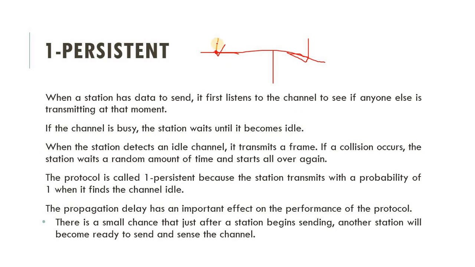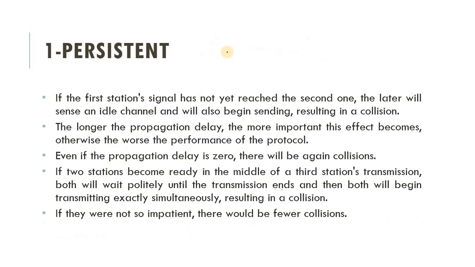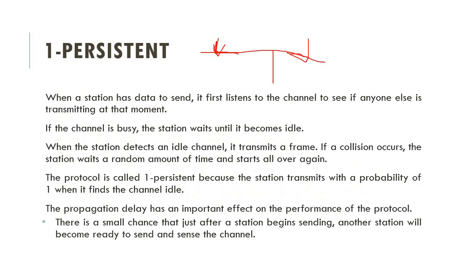Consequently, this algorithm leads to better channel utilization but longer delays than one persistent CSMA. In the one persistent, what happens is that the node is continuously checking whether the channel is free or not, and if the channel is free, then it starts sending data. So what happens in this is that if at the same time two nodes start sending data on the channel, the data can collide.